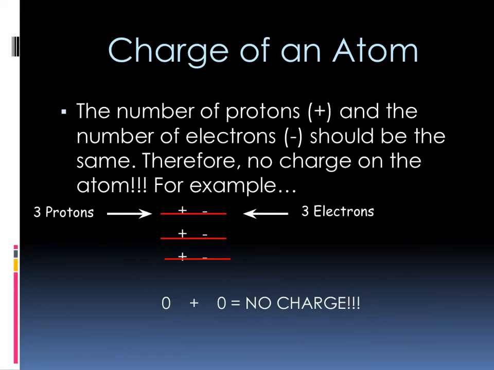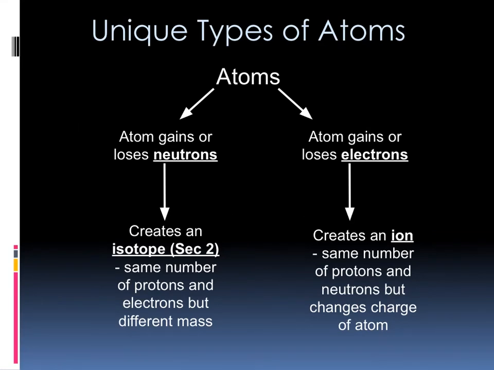Okay, so you can visualize right here, the number of protons and electrons should be the same, therefore most atoms are going to have no charge. Now, we already have seen that that's not always the case, so we're going to talk about what happens if that happens. So to kind of identify a little bit more, we want to talk about the unique types of